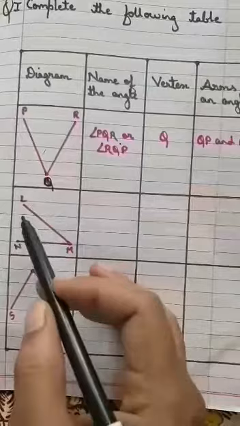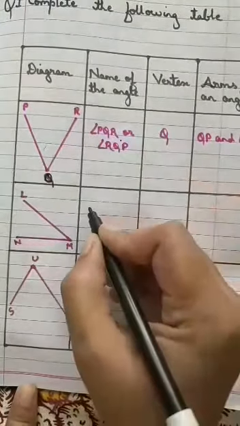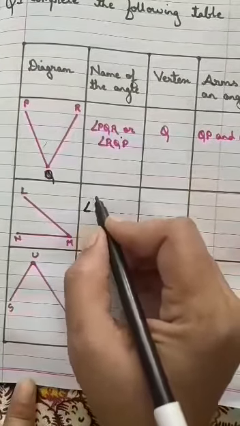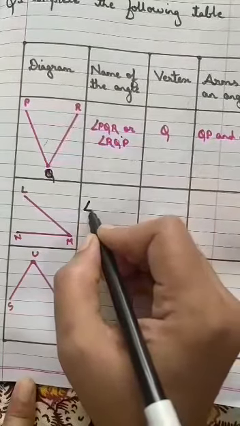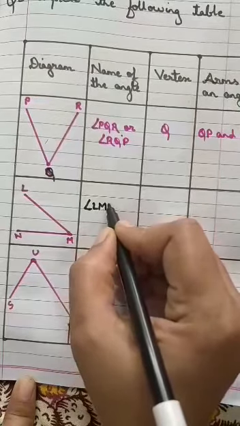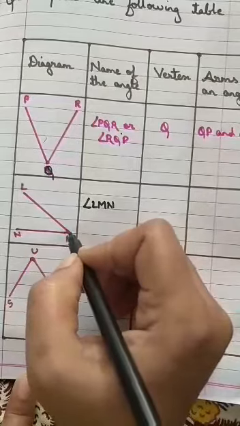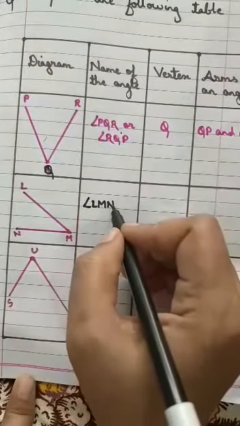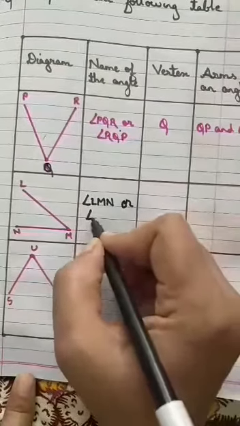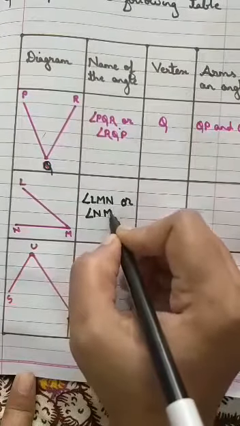So now next we will write here. This is LMN. Understood? So the name of the angle is, we have to draw a small angle symbol. Understood? So we are not writing "the name of the angle is", we write the symbol here, that is the angle LMN. Why am I not writing LNM? Because this is the vertex, which should always come in the middle. So LMN or angle NML. Yes or no? NML.